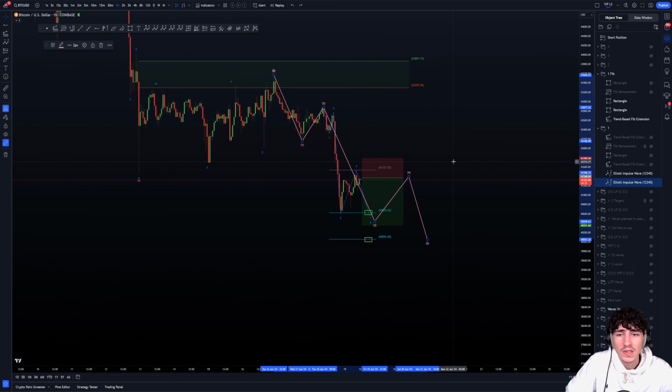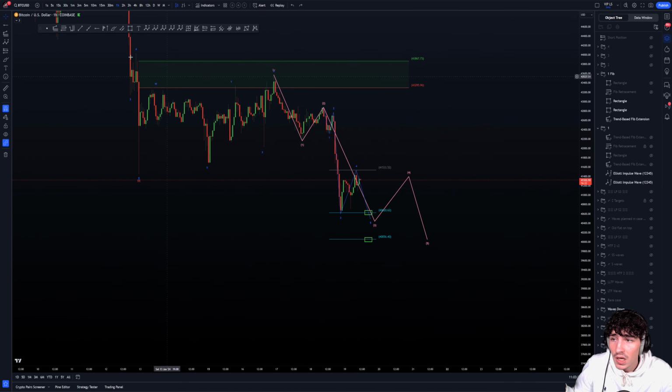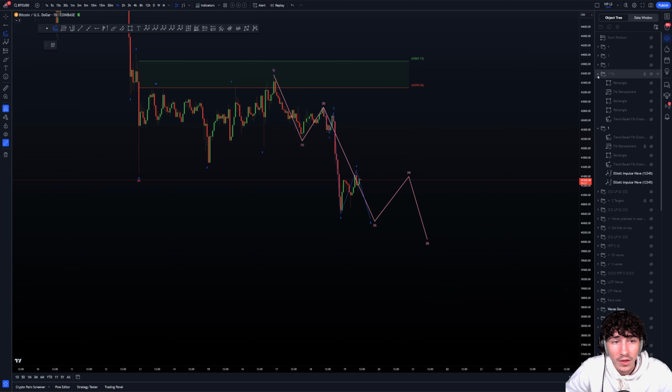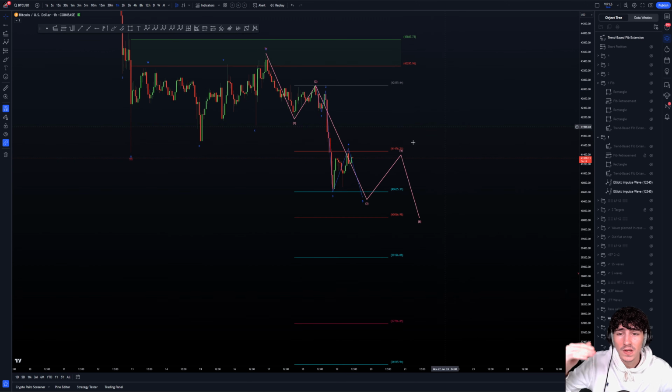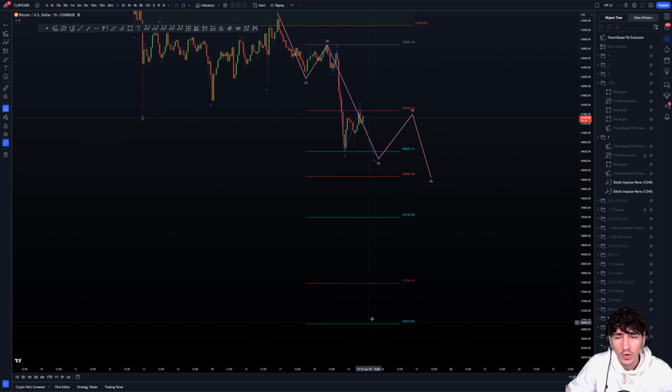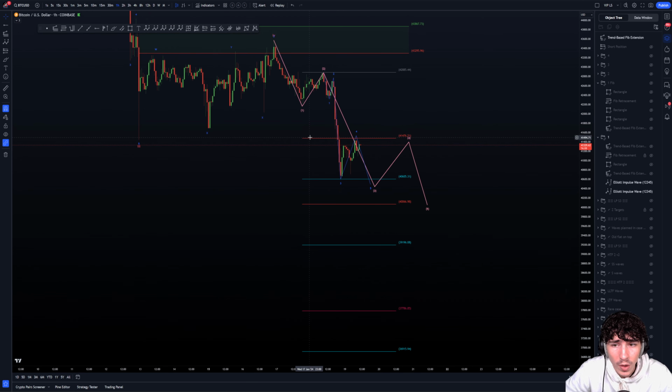So once we have done this wave 3 bottom, we can do exactly the same. We can look for a wave 4 retracement. So how can you find, by the way, the wave 3 targets? Okay, the wave 3 target here, you just have to pull the extension tool from the wave 1 root to the wave 1 bottom to the wave 2 top. From here, you add the following targets: 1 to 1 extension, 1.618, 200%, 2.618, 3.618, 4.236. These are all the targets of the wave 3.